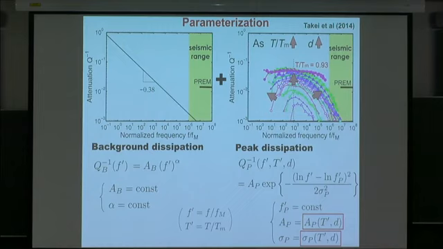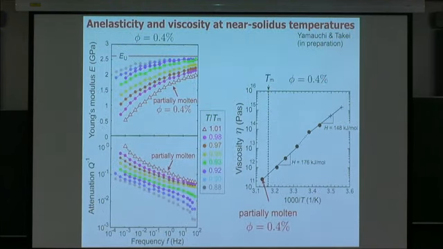However, this data set is limited to subsolidus temperature and does not include the behavior at partial melting, which is important in the upper mantle. So we obtained a new data set which covers a wider range of temperature from below to above the solidus temperature. And this figure shows a typical result